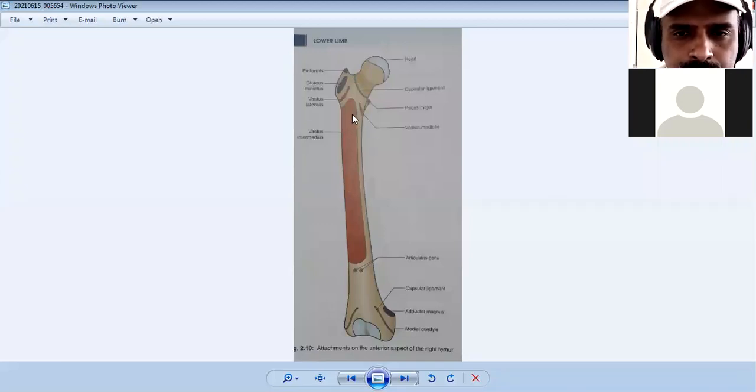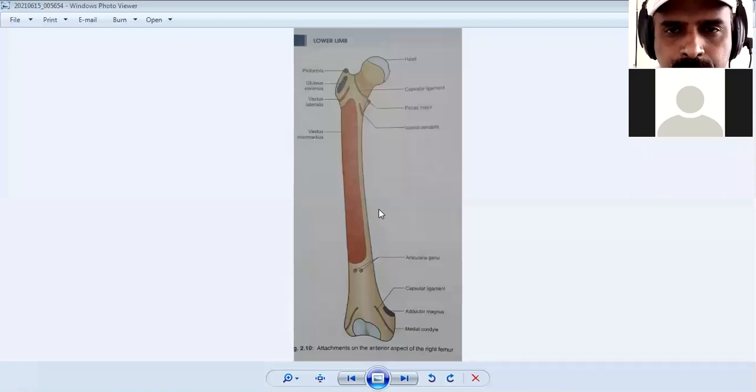Third point, the shaft of the femur is cylindrical in shape, and this cylindrical shaft of the femur is convex forwards. Because this convexity is anterior, you have to remember it in the side determination. So almost all the points explained in the side determination relate to the upper end, lower end, and shaft, and the direction of the head is most important. So these are all three points regarding the side determination of the femur.